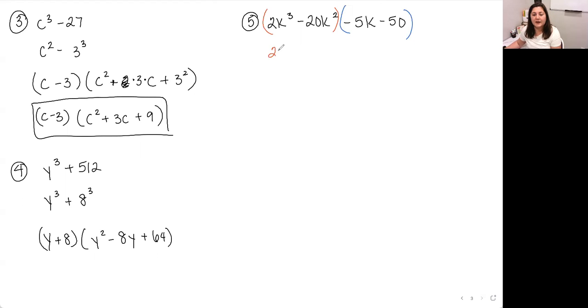So in this case, I'm going to have 2k squared. That's my greatest common factor. And I'm going to be left with k minus 10. And then in the case of the blue parentheses, I am going to have negative 5 and be left with k,